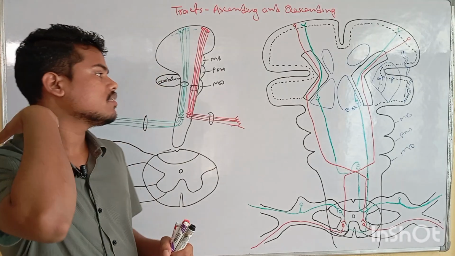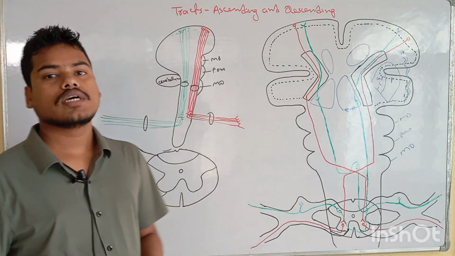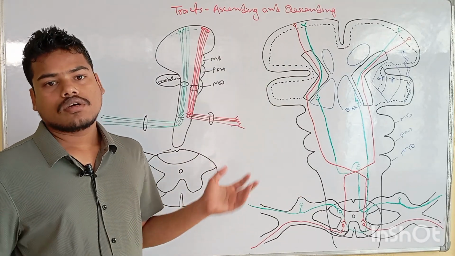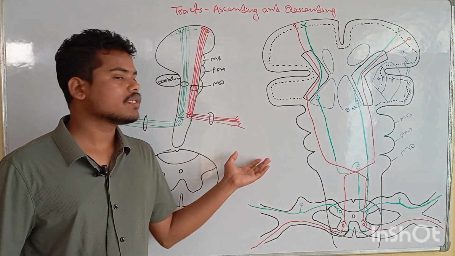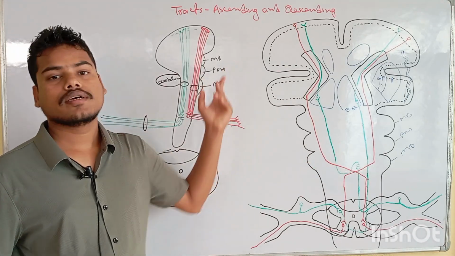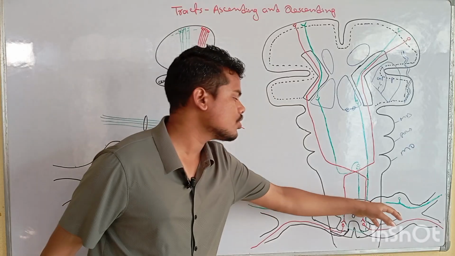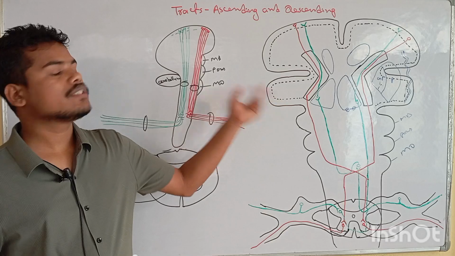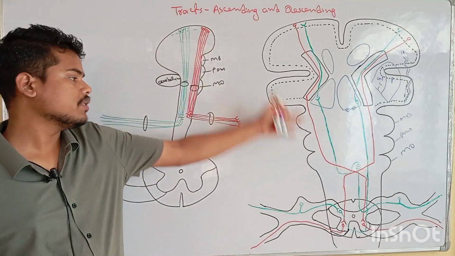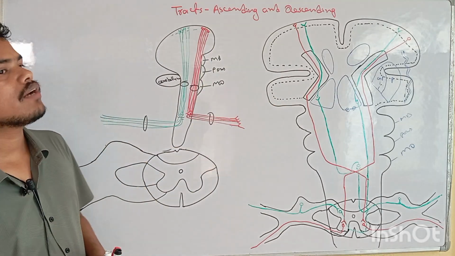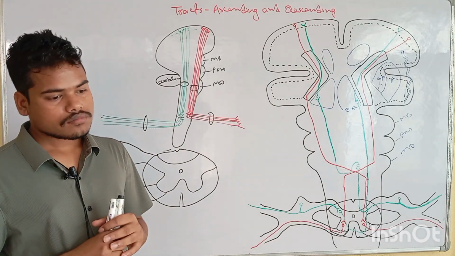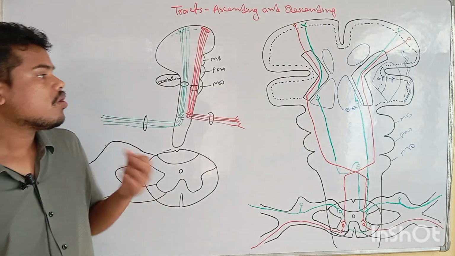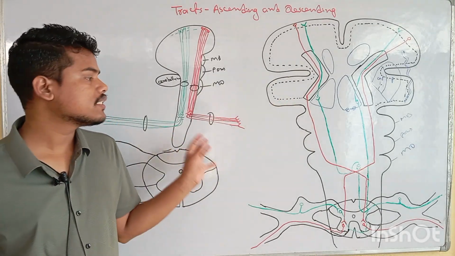In your medical and paramedical exams, you will be asked, most of the time, long questions like: discuss the anterolateral system or touch, pain, temperature pathway, or you might be asked to discuss the medial lemniscal dorsal column pathway. These are all ascending tracts, and there will be descending tracts as well, like the corticospinal tracts. There will be the medullary and extramedullary tracts. So all these you have to know from the exam point of view,